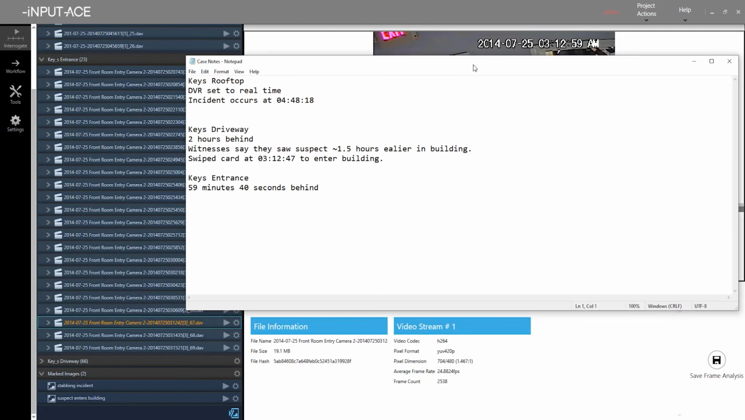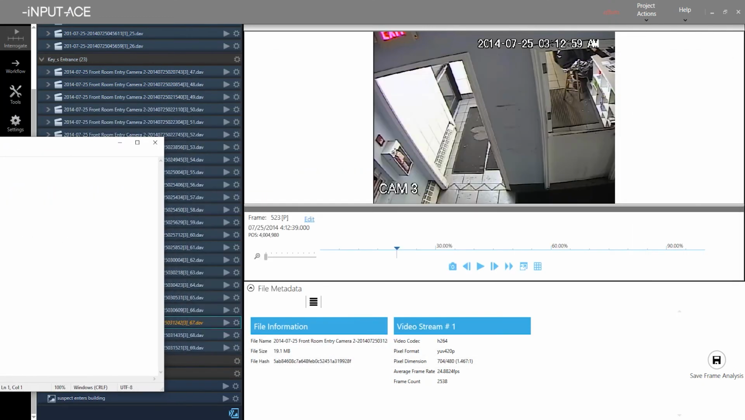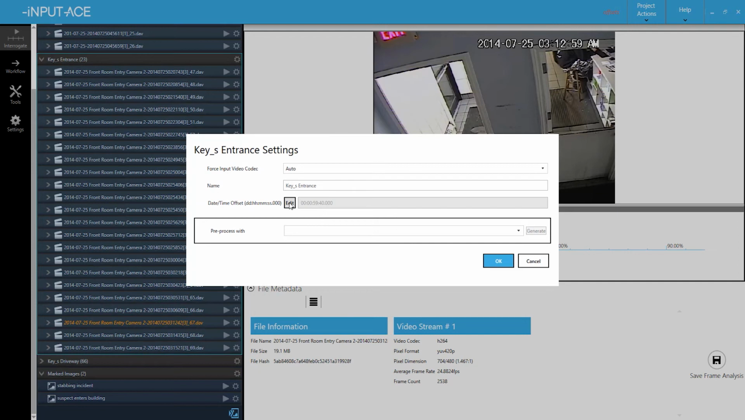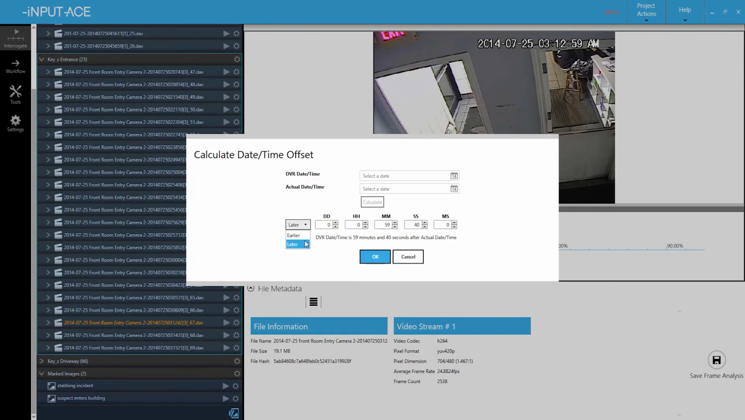So what we did see was the entranceway was 59 minutes and 40 seconds behind. So again, what we could do is go to our group here, and we hit edit, and we would hit later again because it's behind. So we want to make it later, and we see 59 minutes, 40 seconds. I had already had these entered in, but 59 minutes and 40 seconds is where we're going to set our